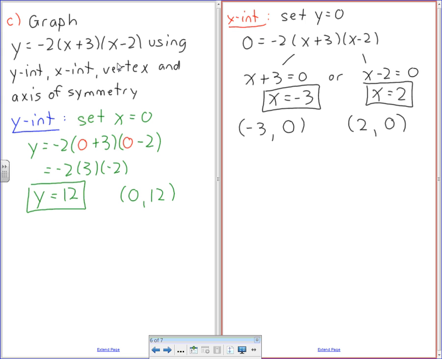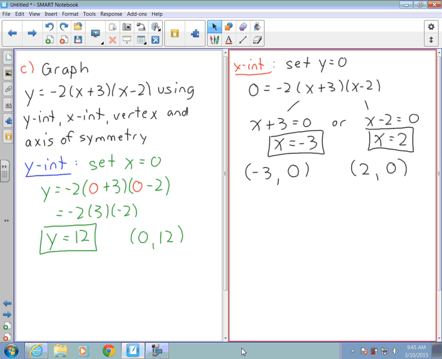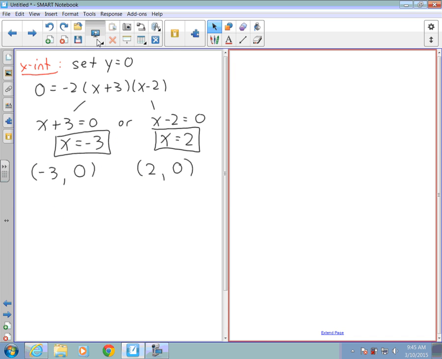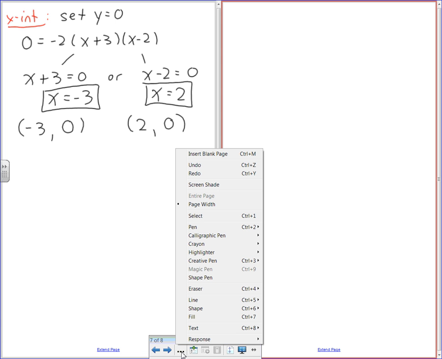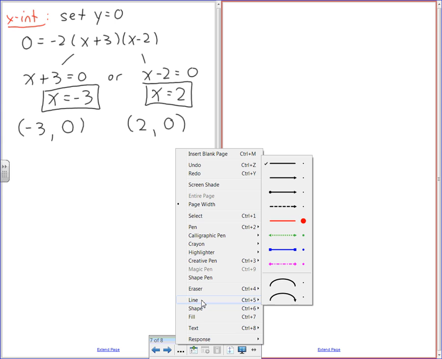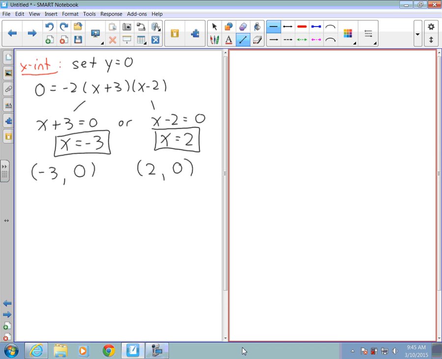You only graph here for today's lesson, assuming we get to a lesson today, which is sort of doubtful. We're not done the question. I'll do the axis of symmetry, but I'm going to graph these two points first. Probably I'm doing my vertex up to about 15, I guess. So what I'm going to do here is